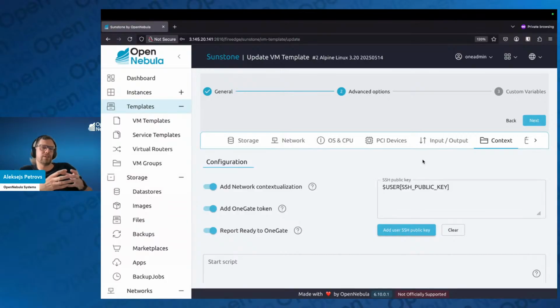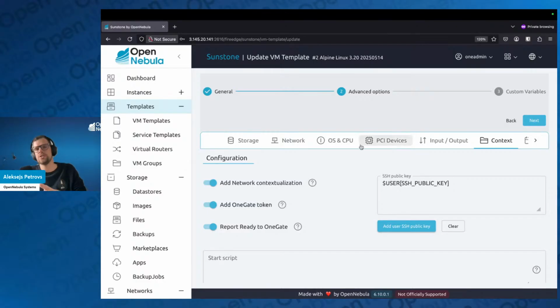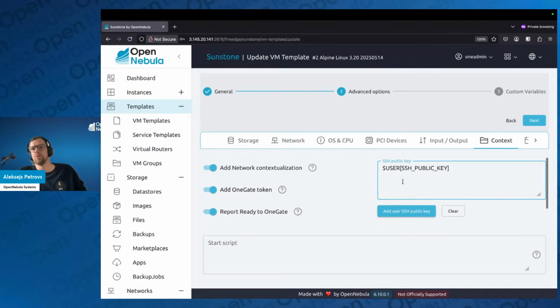Remember, I told you that the image is not only the vanilla operating system, but also has that contextualization layer, that context bit. So the context helps you to fine tune your virtual machine thanks to that contextualization layer. What you can do here, you can add more secure shell public keys. In this case, as you can see, there is the reference for the secure shell public key value of the user. So if the user has the SSH public key enrolled, then once the virtual machine is up and running, that user will be able to